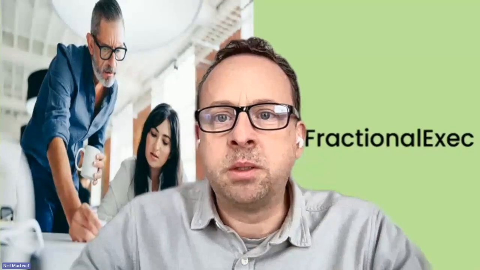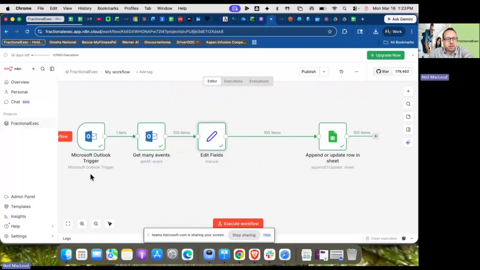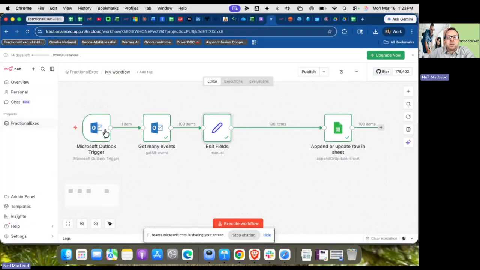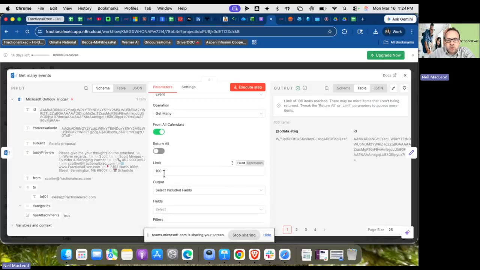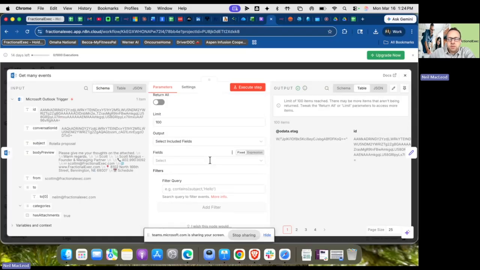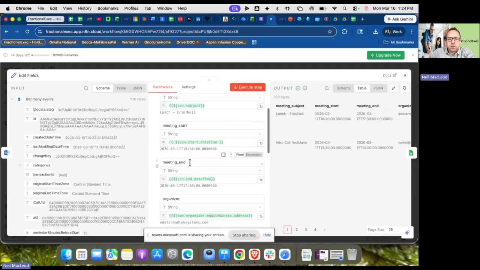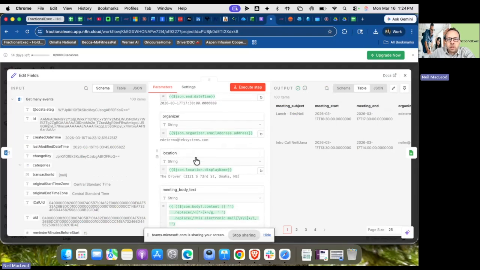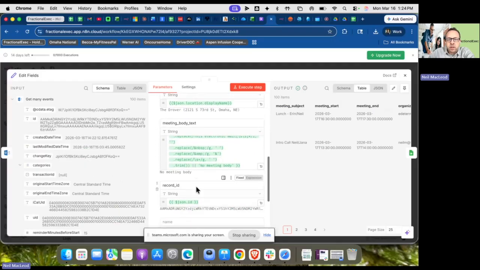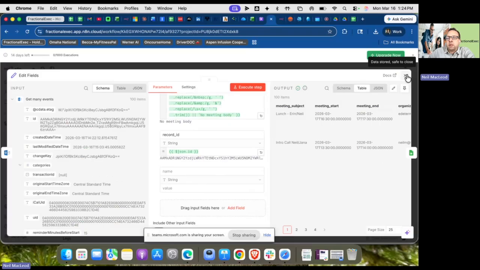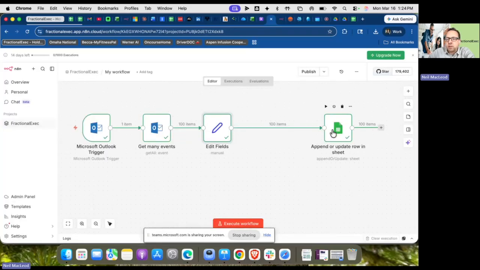Spent a little time this morning building a workflow in a tool called N8N. I connected a bunch of Microsoft content, went into my calendar, grabbed 100 recent events, and it includes all the fields that are by default part of this. And then I went in there and edited those fields and just took the meeting subject, start and end time, the organizer, location, what came out of the meeting body, and then I executed the entire workflow and put it